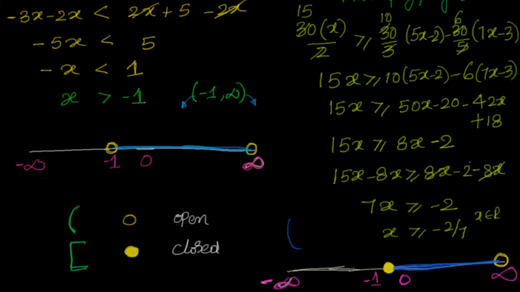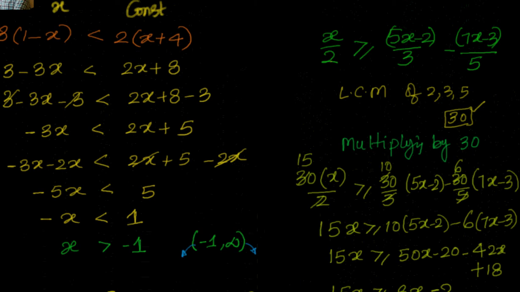Now how will it be if I want to represent it, not graphically, but algebraically, how will you say? X greater than or equal to minus 2 by 7. So minus 2 by 7 is included. So I can have minus 2 by 7, and I have to go towards infinity, where I have infinity not included. So I'll have infinity in curved brackets. So that's the solution of these two linear inequations.